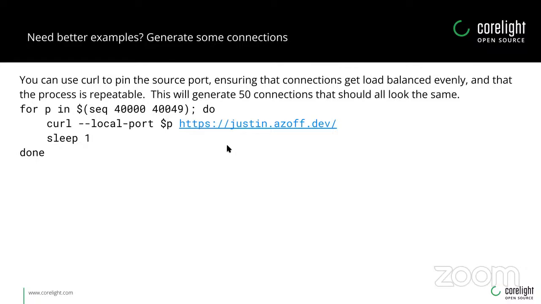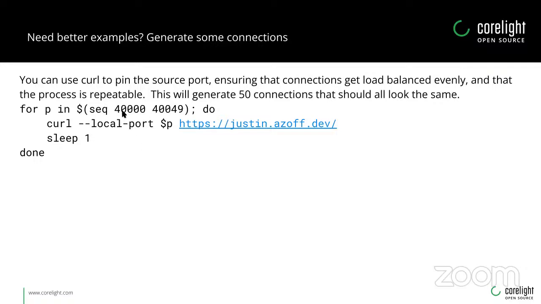So, a quick diversion. Sometimes you do this and you just don't have good data. Maybe the network is not busy enough, right? Maybe you're trying to validate a new deployment and there's just not a lot of traffic. This could be a greenfield data center or something that's just coming online. So an amazing thing that you can do that's really easy, it used to be hard, but now curl has this local port option, is you can do a for loop like this to generate